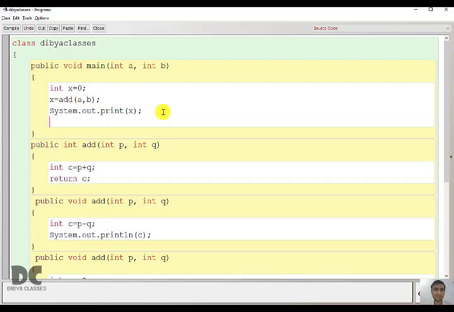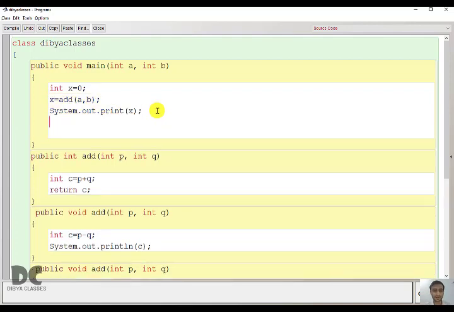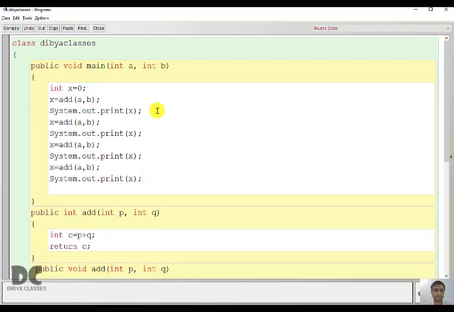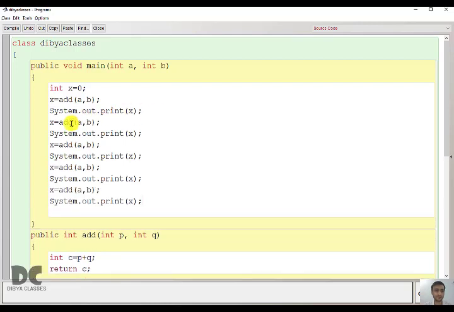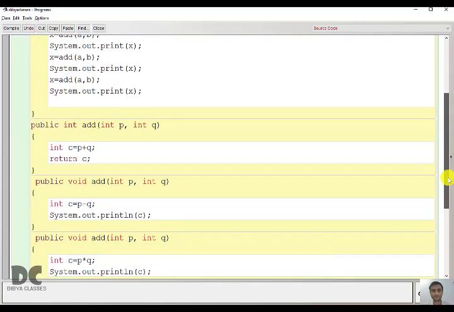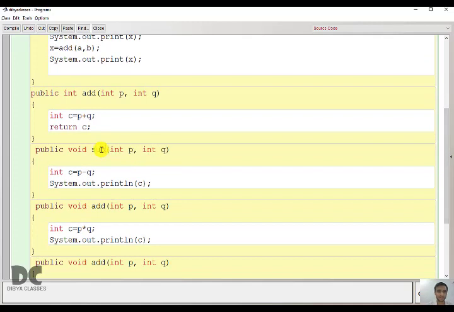Now similarly we have to do this for all the types of function. We did only addition. Now we'll do subtraction, multiplication, division and modulo division. So after completing the task of addition, I will next call the function sub. The work of the function sub is to subtract.